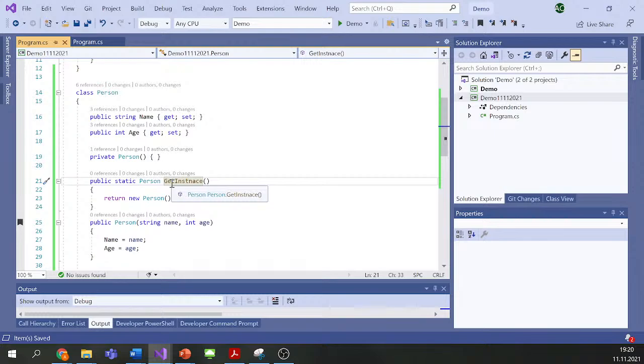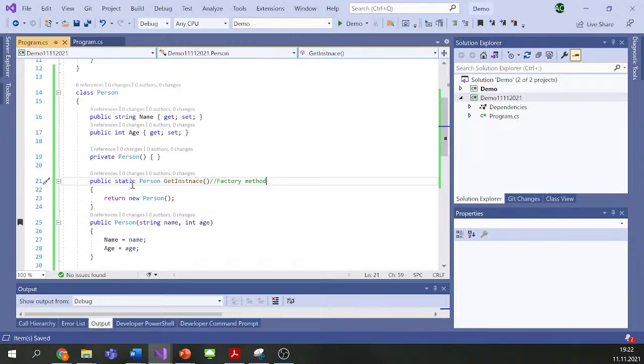So, for example, there may be a case when, as I said, we don't want the object to be created from outside the class, from any possible point of the program. We want to restrict the possibility to create the object. In such cases, we may use the factory methods,